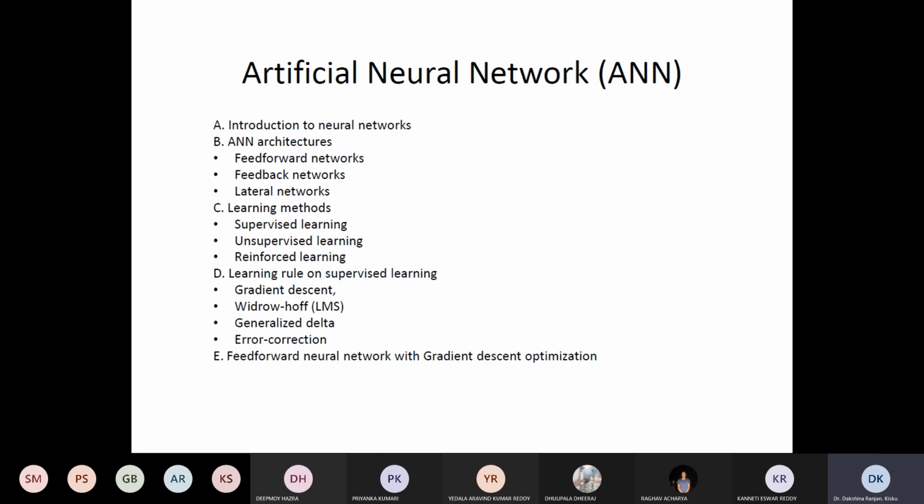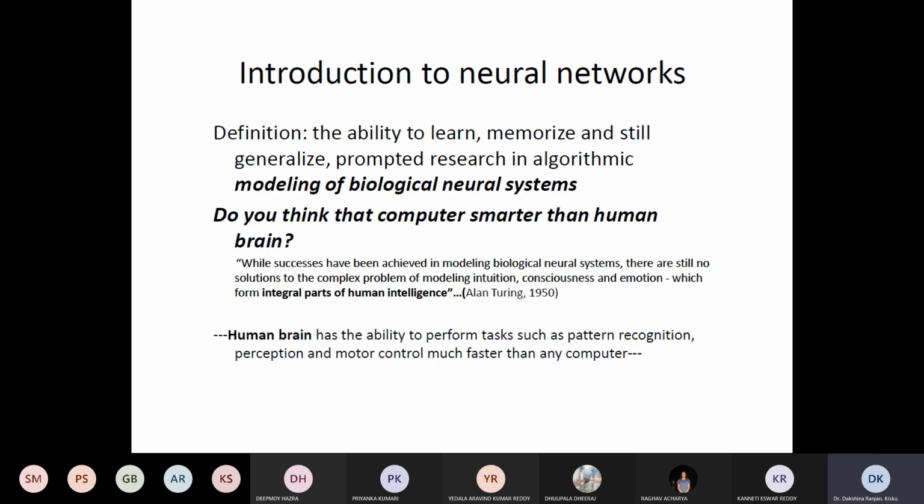So we will skip this part, the learning methods, and some of the topics from learning rules on supervised learning. So we will study gradient descent, generalized delta rule, error correction method, and then we will talk about feed forward neural network with gradient descent optimization. Okay, so